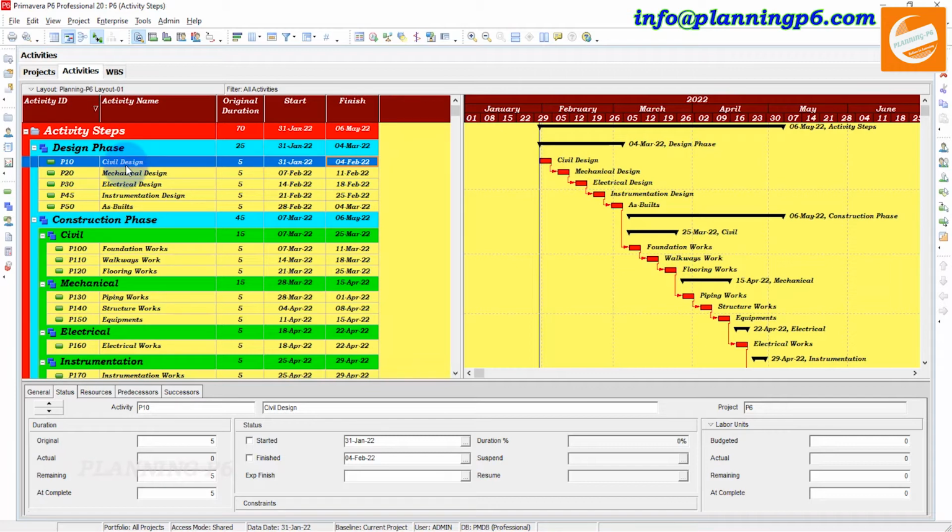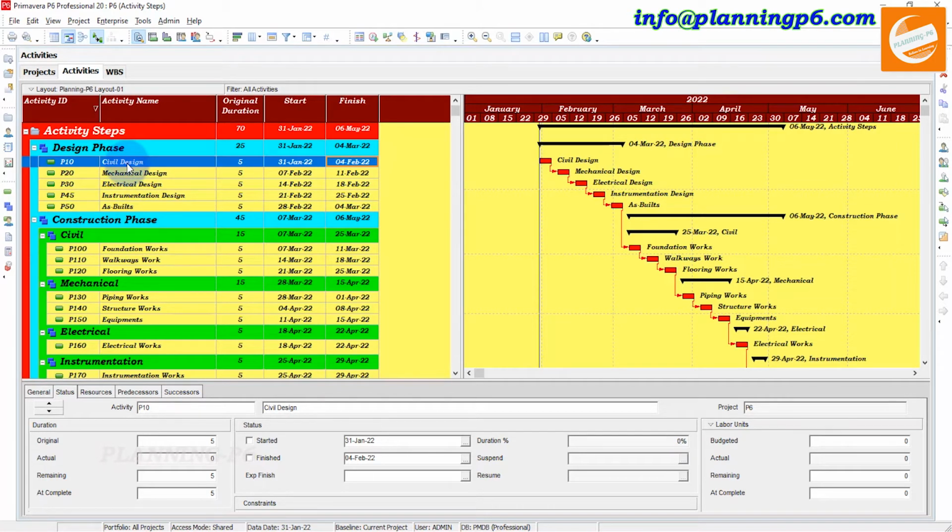Suppose there are layout drawings, workshop drawings, approved drawings, and details of the sections. Suppose in the construction I write the foundation works drawing, walkways drawings, flooring works drawings, specifications, and everything which covers there. How can we monitor this? Because we put only one activity in the schedule of works, but on the back end there are too many activities.